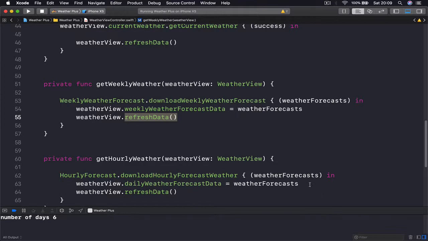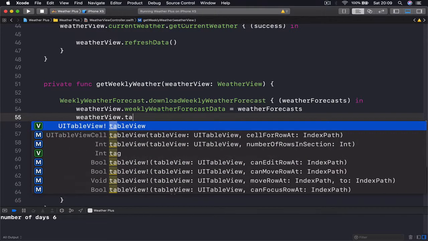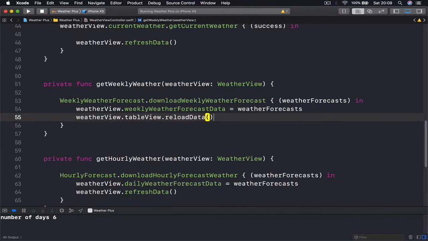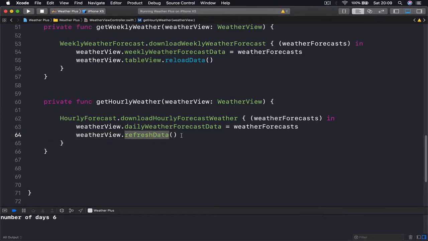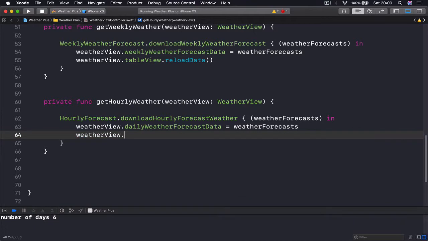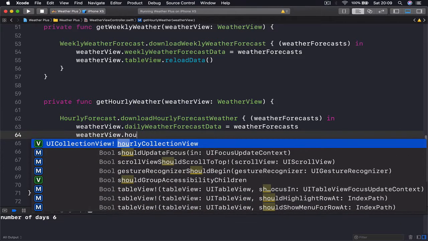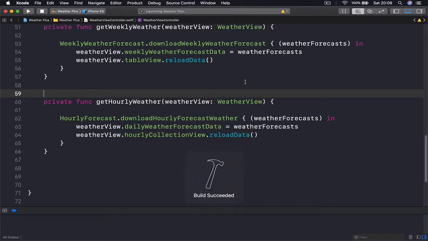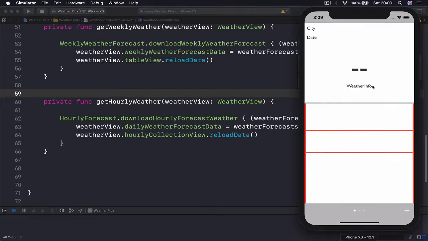So in the weekly case, I need to access the table view because we need to refresh it. We just set the new data parameters. I say reloadData, and for our daily forecast, we need to access our collection view, which is our hourly collection view actually. So I say hourlyCollectionView.reloadData, so our collection view refreshes itself. So if I run again, we should see that our information is being populated,